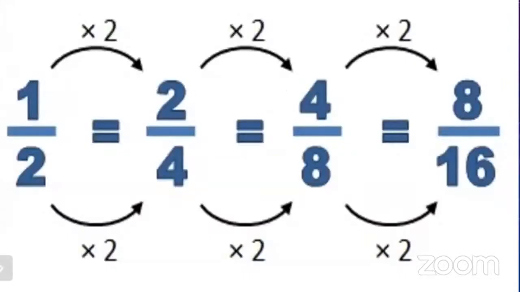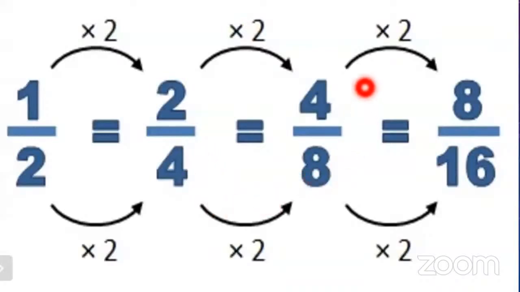Look at here now. This is the example of how to obtain the equivalent fraction by multiplying the numerator and the denominator. Look at here. This is numerator and this is denominator. If you multiply this numerator by 2, what is the product here? 2. Okay. If the same number 2 we multiply the denominator also, so 2 2s are 4. Then again, if you multiply 2 by 2, it's 4. Yes, the same number 2 we used to multiply the denominator also. So 4 2s are 8.